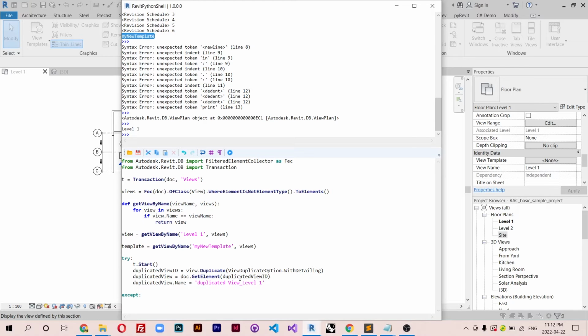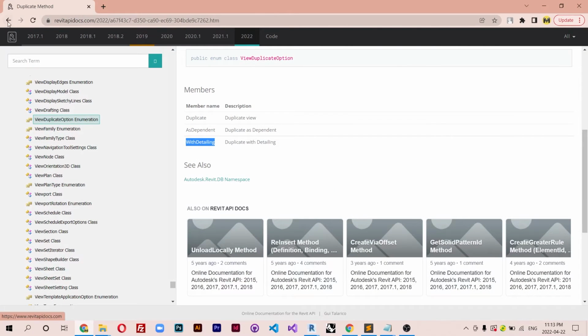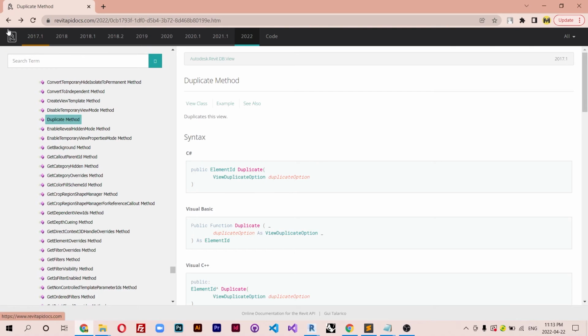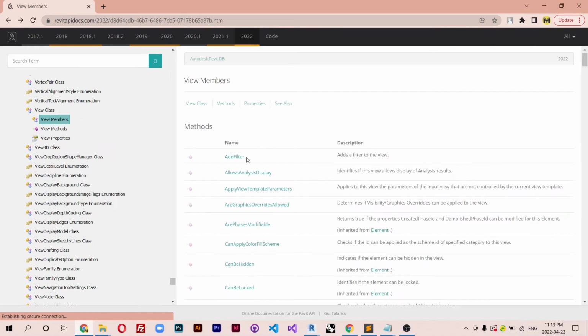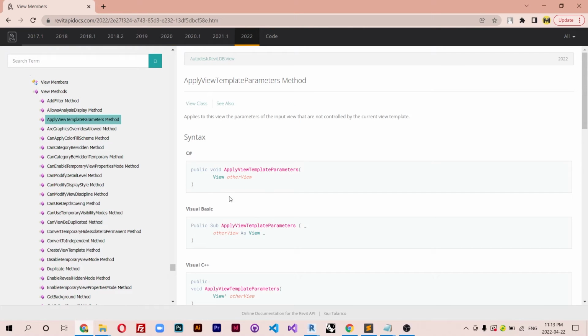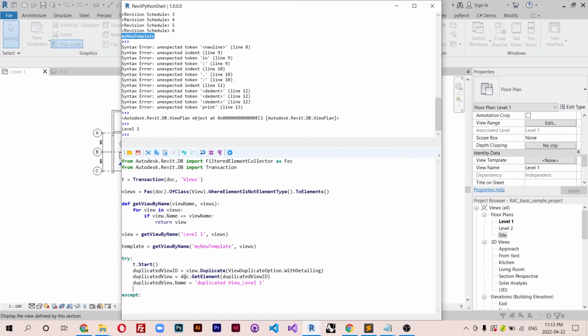The last thing is how to apply templates. All right, so let me go back in here. We have a method called, just here, apply view template parameters, and it takes a view. So let me just copy this one over again to avoid mistakes. So I'm just gonna say duplicated view